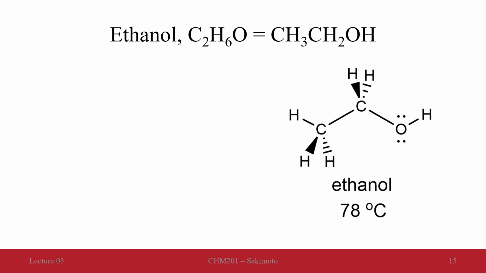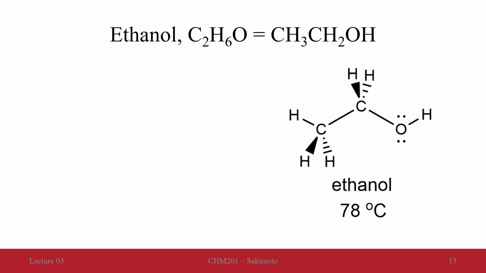Which bonds are pointing away from us? Which ones are pointing towards us? Which of these bonds lie flat in the page? There are different ways to draw these, of course, different solutions to this Lewis structure. But we want to make sure that if we say ethanol, we represent this arrangement of atoms, not a different variation, as different arrangements of atoms, even ones that have the same chemical formula, imply a different